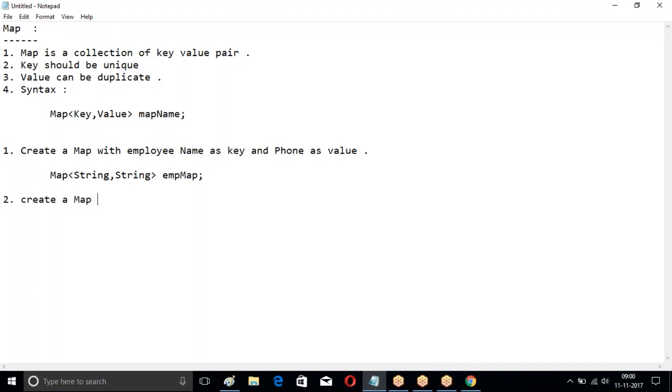Create a map with roll number as a key and marks as a value. Map of Integer